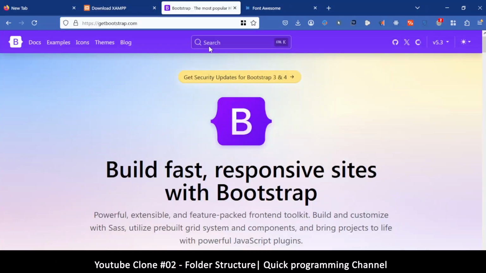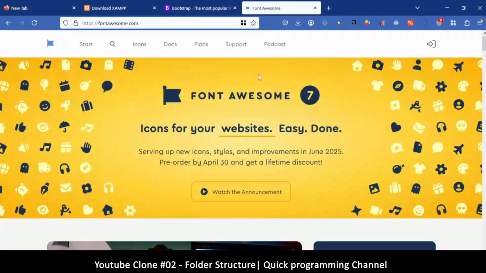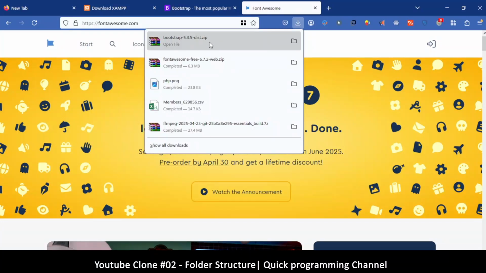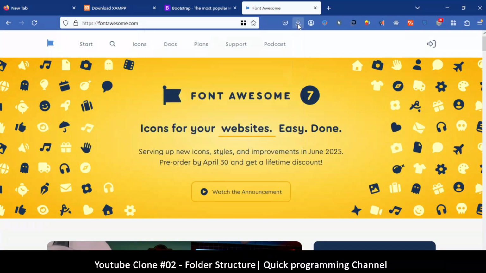Then also download Bootstrap and Font Awesome. With those two, you're going to get a zip file, something like this. There's Bootstrap here and there's Font Awesome there. So keep those for later. All right, so to begin with,